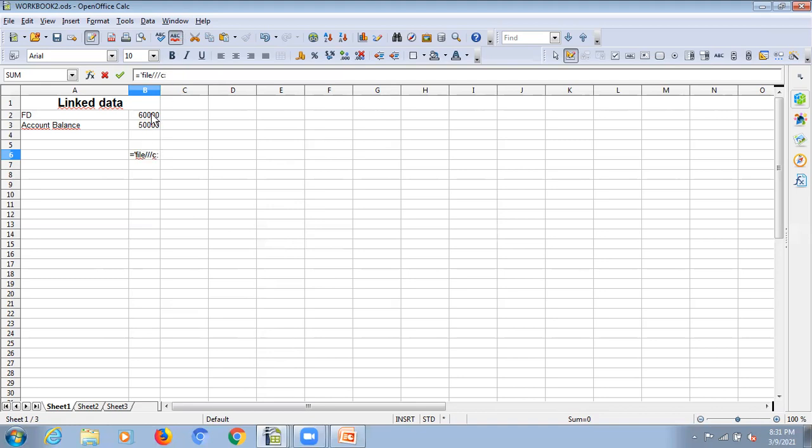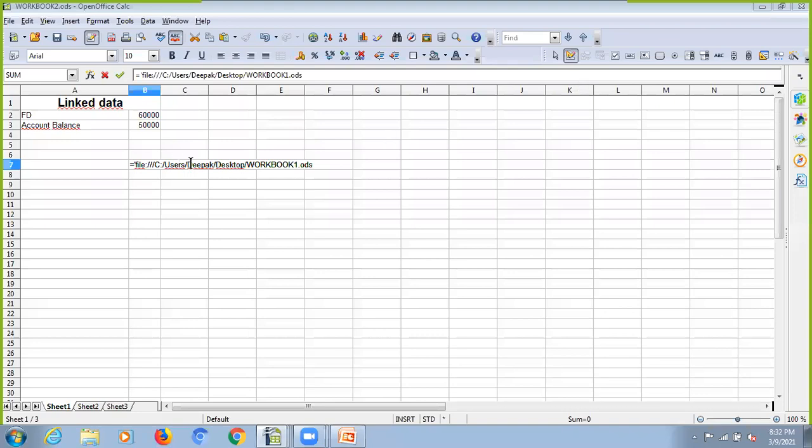Let me just see the path once. Okay, users. So it is file colon 3 forward slashes C drive users Deepak desktop workbook 1 dot ODS, and then